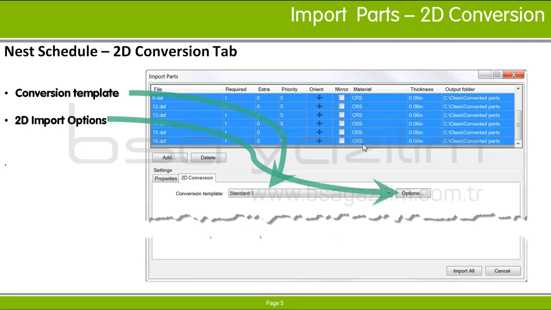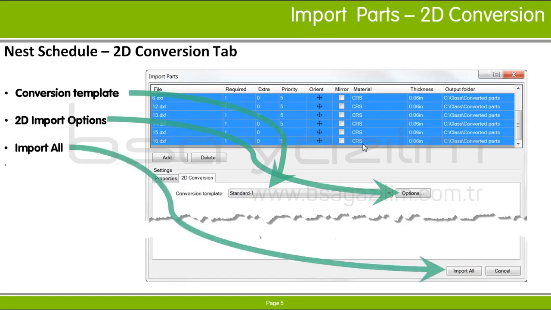The Save As Default button on the Properties tab makes the current template the one to use by default. When you are satisfied that all the parts have the correct properties, pick Import All to perform the conversion, save the symbol files in the specified output folder, and add the parts to the nest schedule.